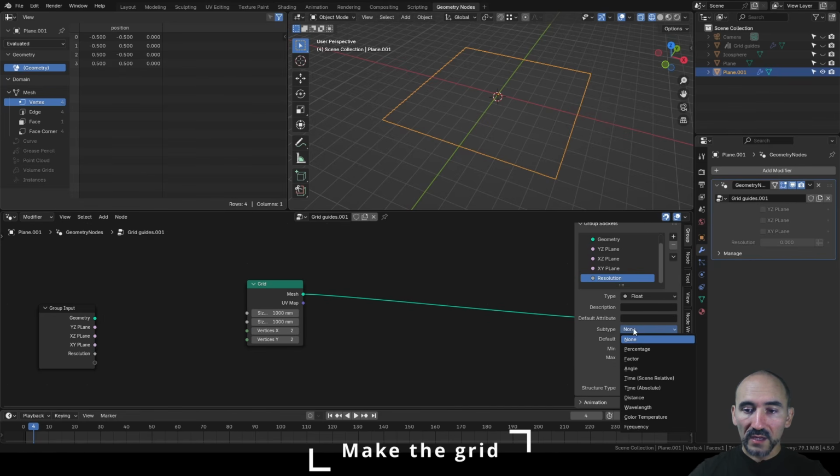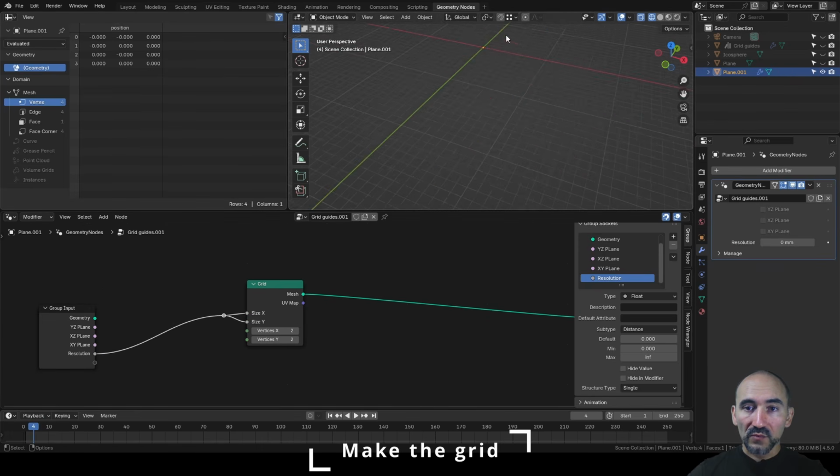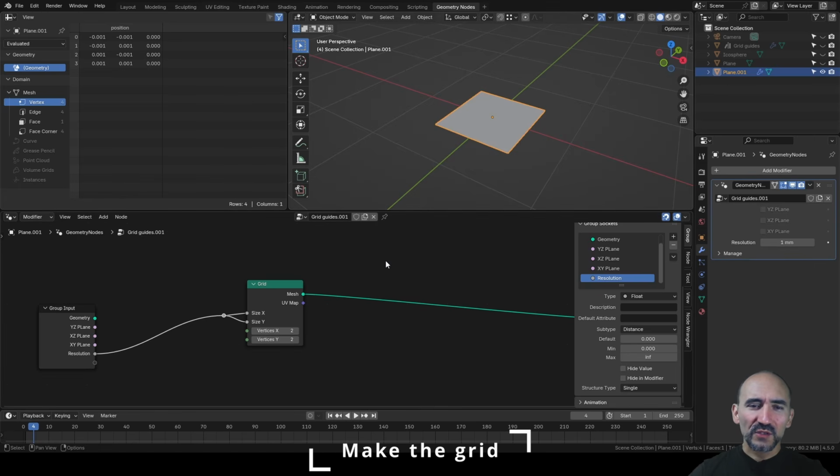It's a float number and the subtype is a distance from 0, and this is a single attribute. And now we can easily link the resolution here in the definition of the grid. In this way we can set, for example, 1 millimeter, and here it is, a single face 1 by 1 millimeters. I tried to use only this grid to subdivide multiple times and get the correct relationship between the number